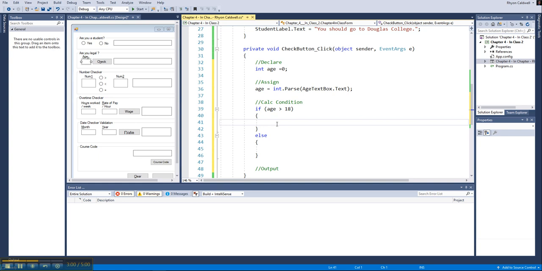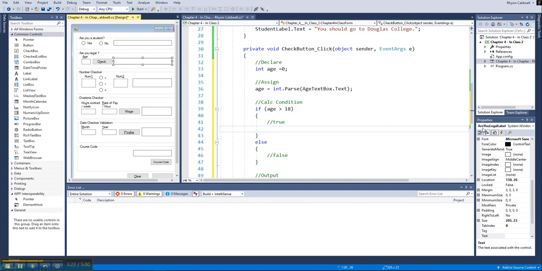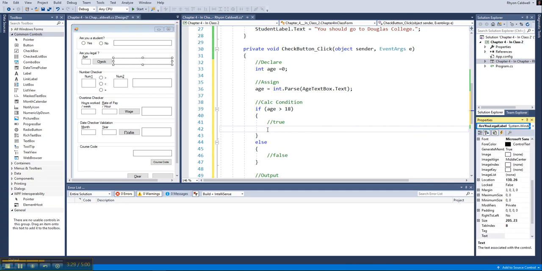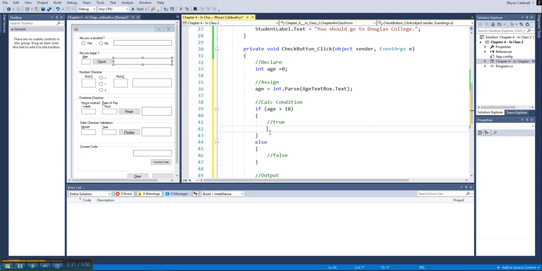All right, now remember, if it's true, you want to do this, and if it's false, I'll just put this in as sort of pseudocode here, or a comment. Let's go in here, and this is false. If it's true, what do you want to happen? Well, if it's true, I want to take my label control and I want to have a message. So right here, this is the label control, and it's called RU legal label. And let's see here. I was going to just copy it, but I can't do that. Let's go in here and say,